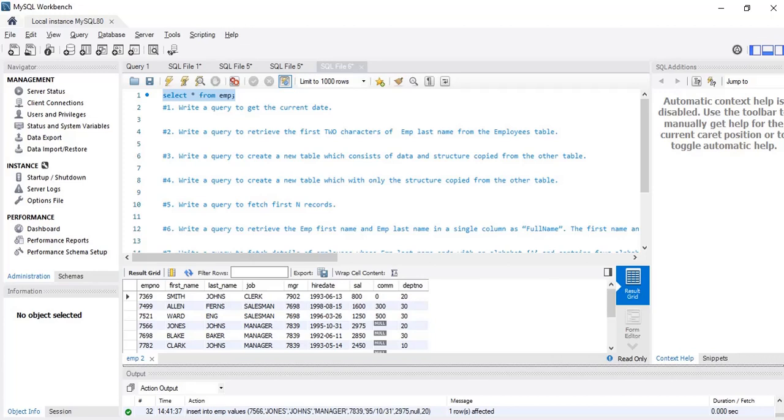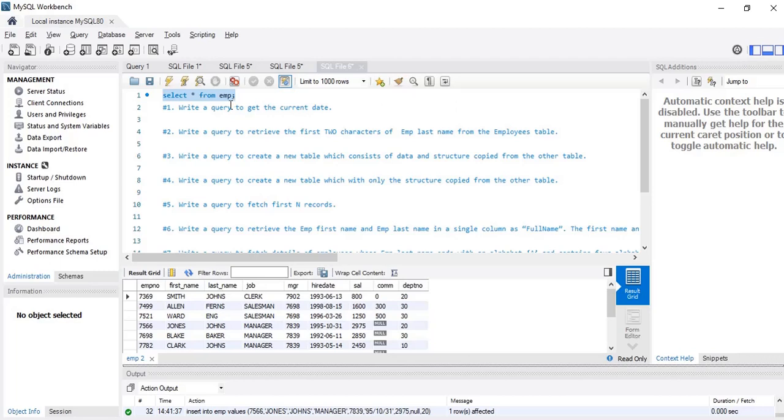So in today's video, I'm going to solve 10 SQL queries with you all. So what you can do is you can see the question and then pause and try to solve the query on your own and then see the answer. That would be helpful to you if you want to do it in that way. Anyways, I'm going to start solving the 10 queries.